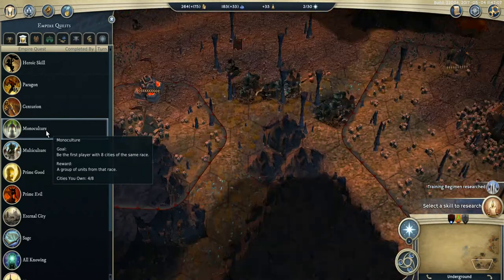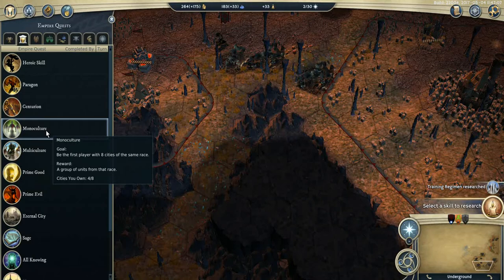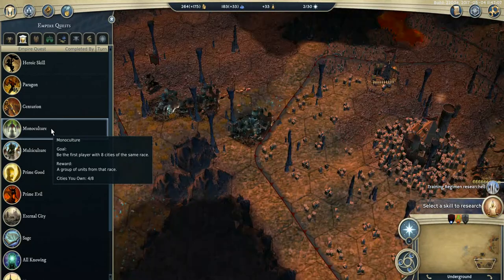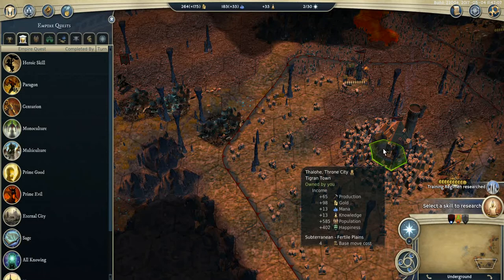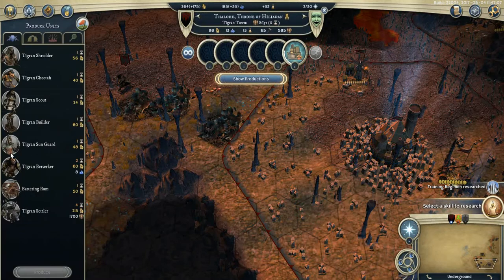So I would need 4 settlers. Actually, yeah, that's exactly what I said. So it's the same to get cheerful and to get monoculture. It's 4 settlers, which is quite easily doable. So okay, let's do this,